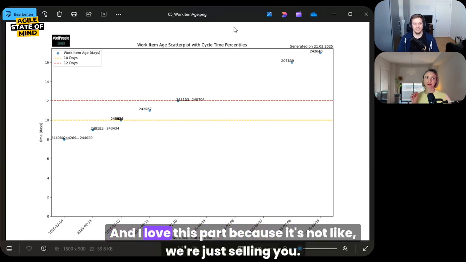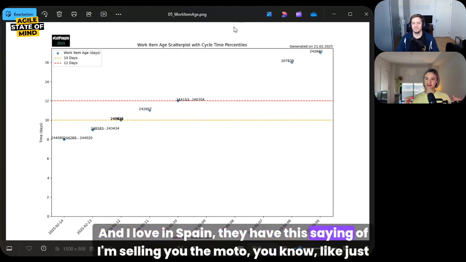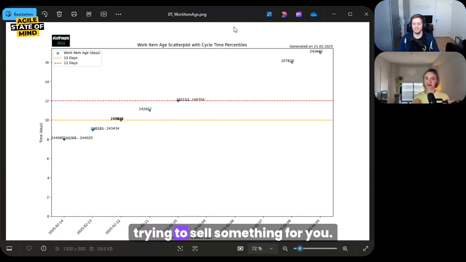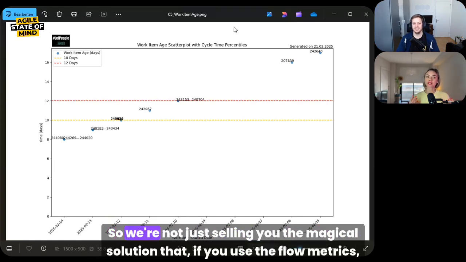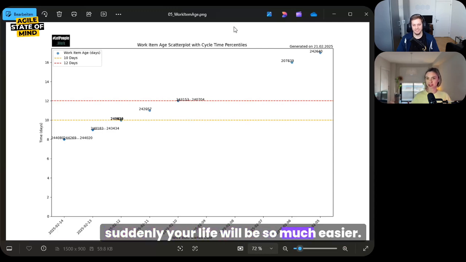Yes. And I love this part because it's not like, oh, we're just selling you something. I love that in Spain they have this saying, 'I'm selling you the motto,' like just trying to sell something to you. So we're not just selling you the magical solution that if you use flow metrics, suddenly your life will be so much easier.